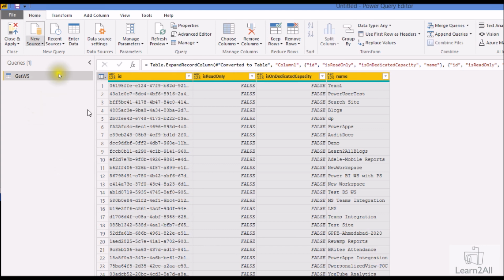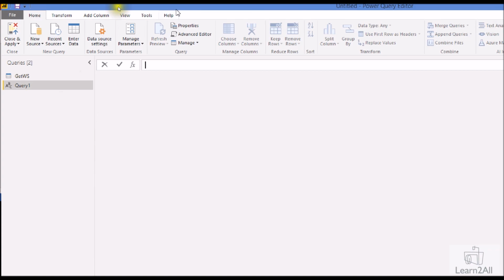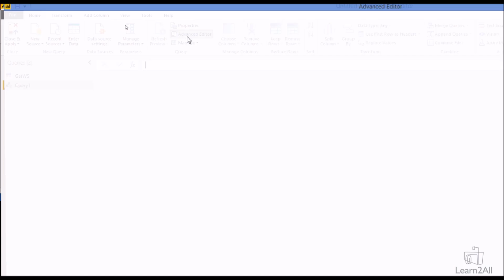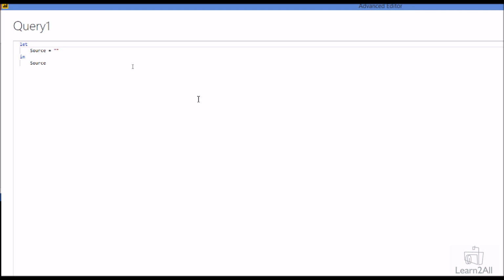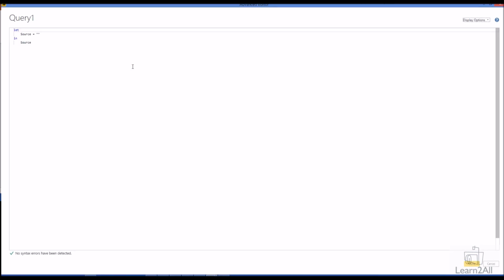So this will open a blank query pop up to us like this. Now click on advanced editor. So we will be redirected to the advanced editor. Now here we need to provide our code. First of all, let me explain that code to you in detail. So first of all, let me paste my code over here